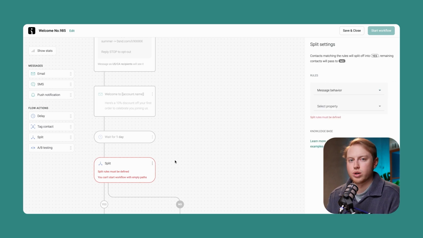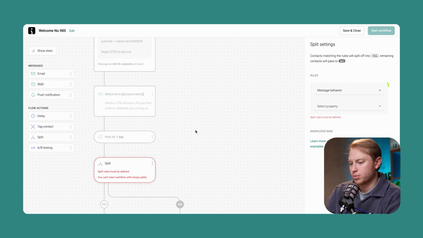What we're doing here is we are splitting this flow based on whether they have clicked or not clicked a URL in the email. So we can serve them an email if they are clicking the email. If they've clicked this previous email here, we'll serve them another email. If they have not clicked that email, then we can serve them another SMS. What we're doing here is, one, we're saving our SMS budget, so we're not sending SMS when we don't need to be,